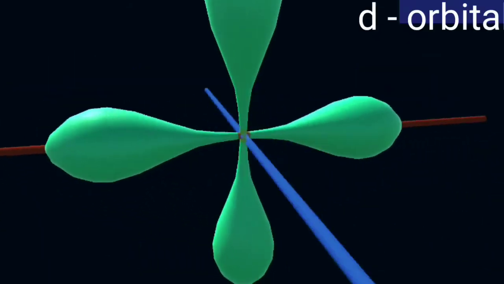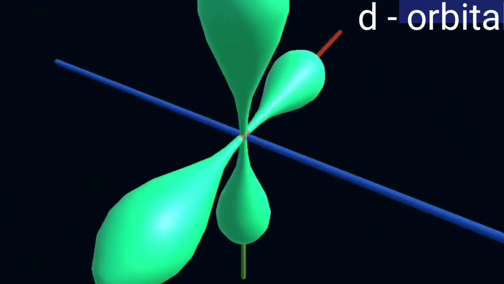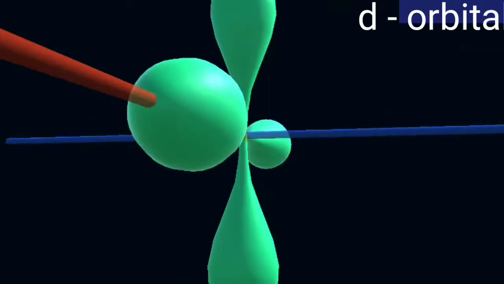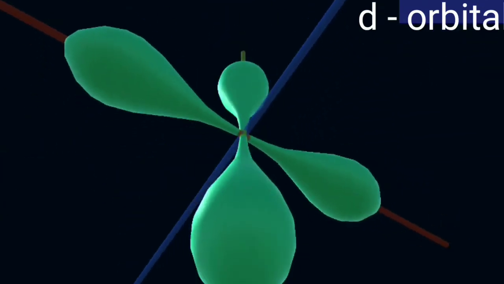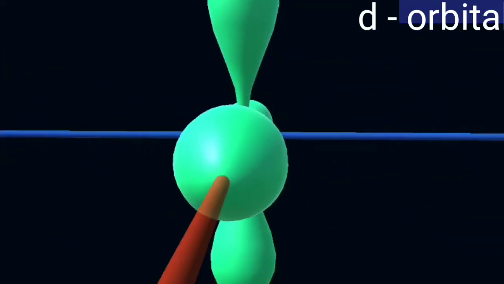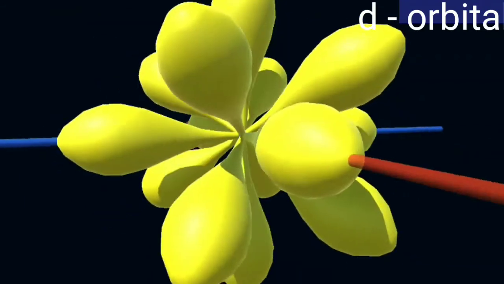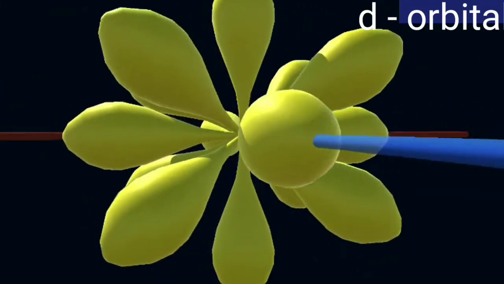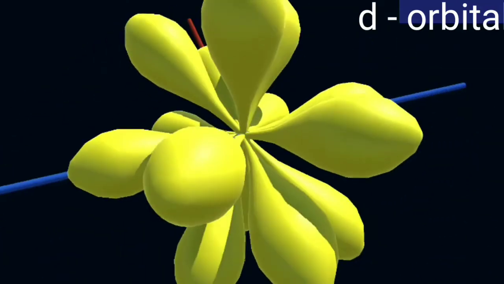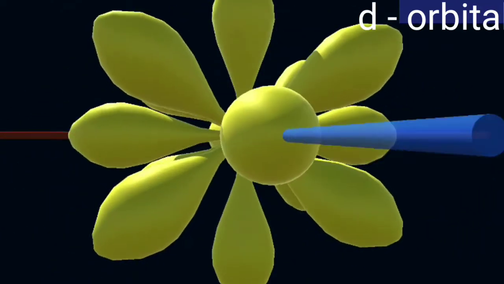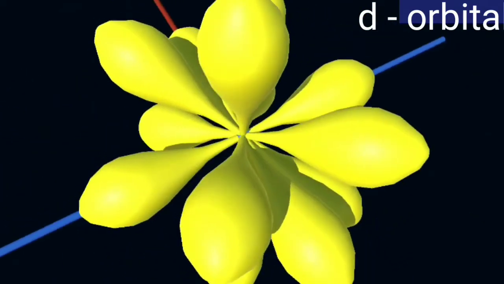So it is the shape of d orbital. It is dumbbell shape and it may be along the axis like this you can see, but it may be between the axis. So there are different types of d orbital. Total number of d orbitals is 5 and you can see all 5 orbitals. Some are along the axis and some are between the axis. And you can see from each angle that this one is dx²-y².